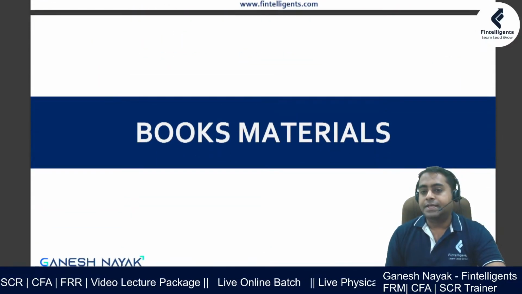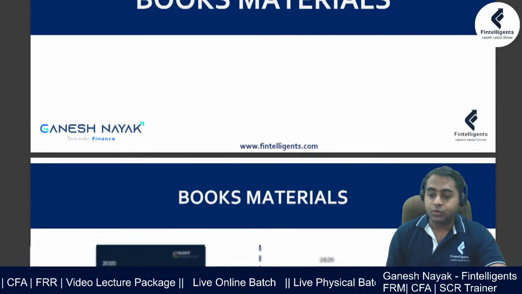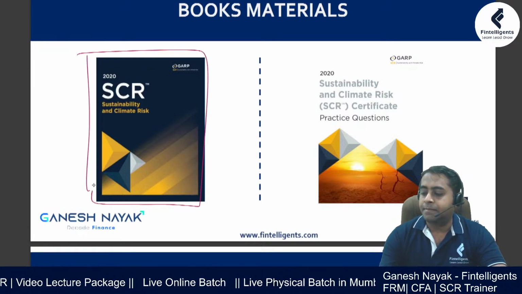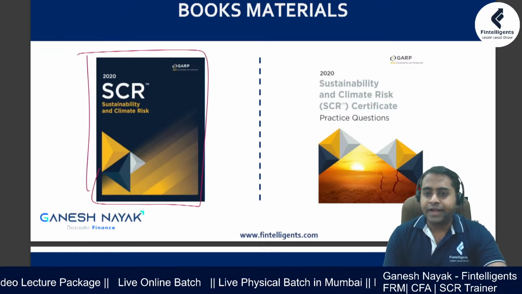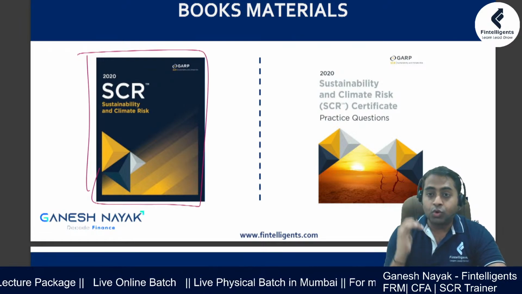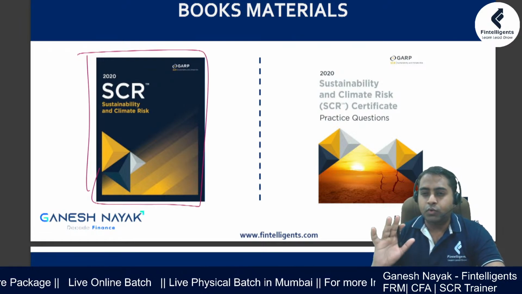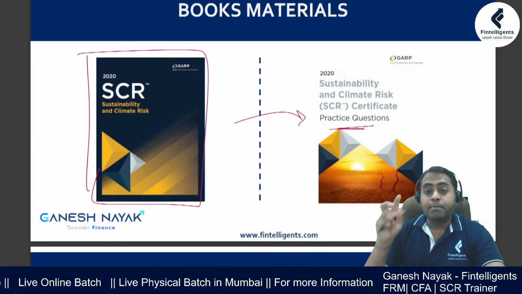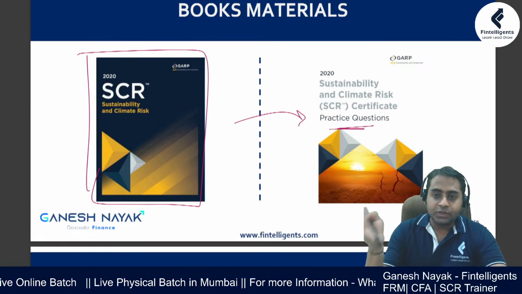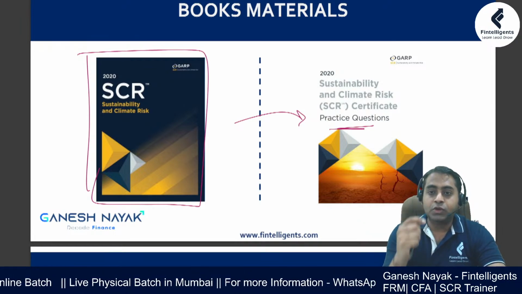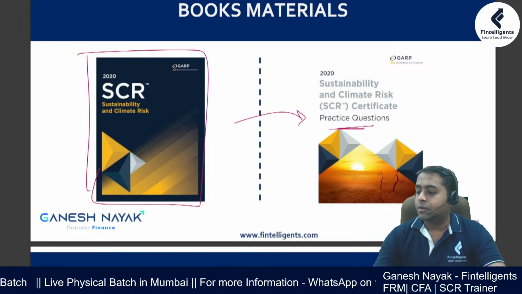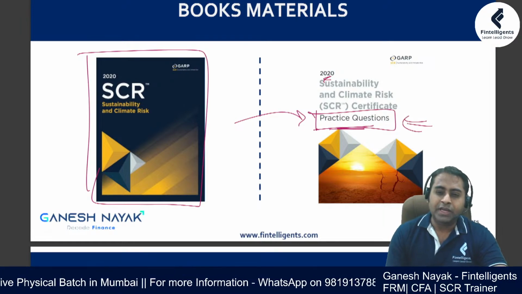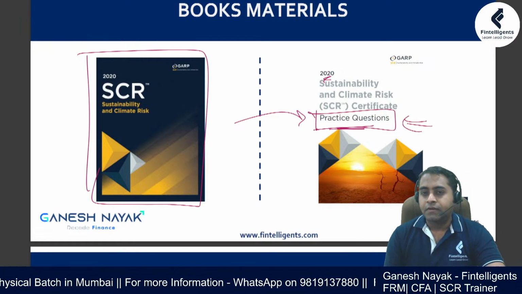For the exam, how should you prepare? What are the materials that you should focus on? One of the primary materials is the GARP material book. Focus on that. You should be thorough with that material. It's roughly 250 pages, and they also have practice questions. But this is a mock paper, and you also need chapter-wise questions to solve and make yourself ready for that exam. For practice questions, you get around 80 questions and one mock paper for the 2023